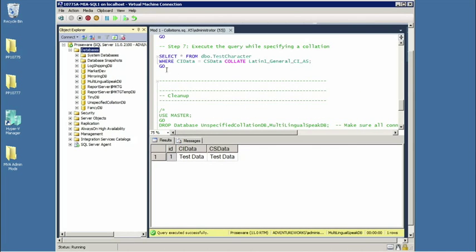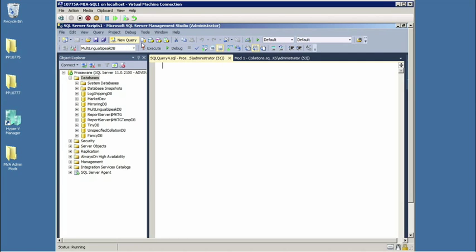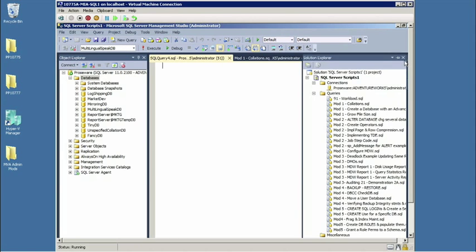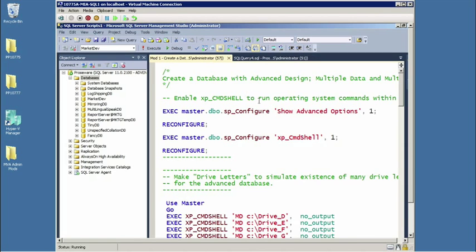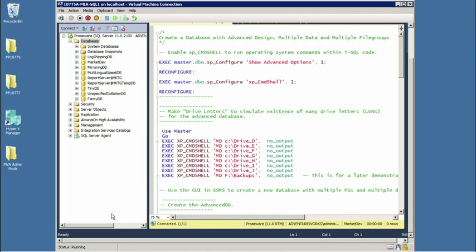Alrighty, now, from this point on, this is where I could now create objects. In fact, let me go over here. So the objects are specified to a particular file group when they're created? Exactly. This is exactly where I'm headed. Now, we'll find in just a moment, in fact, that's exactly what I'm going to show.